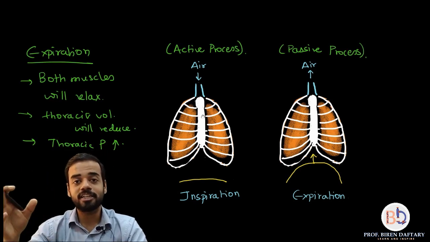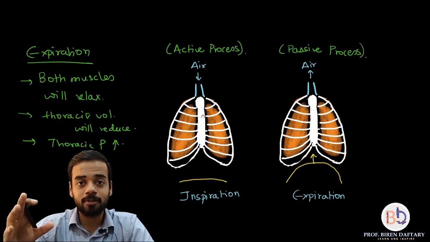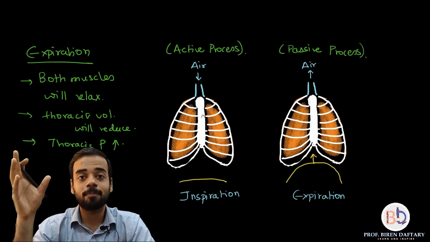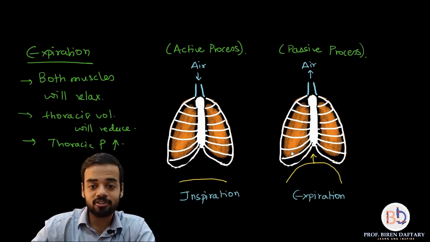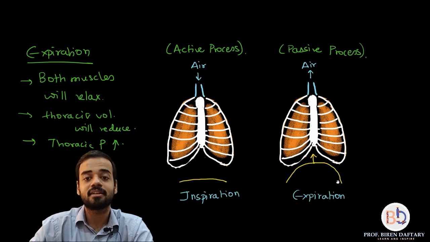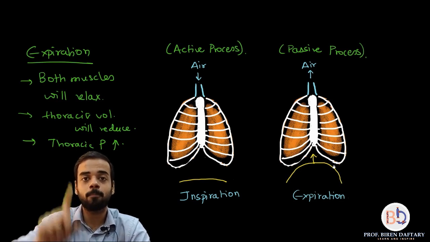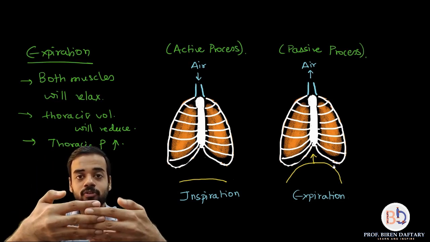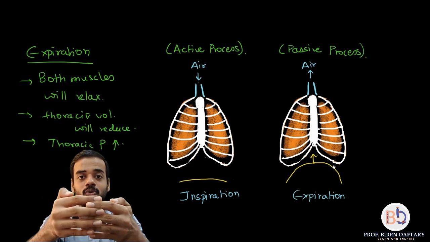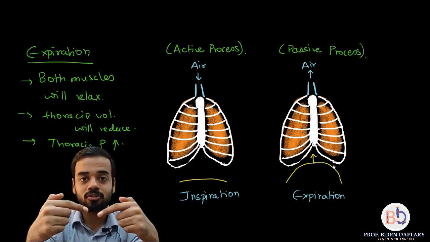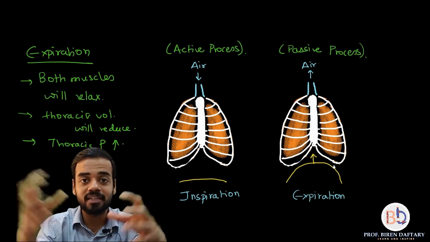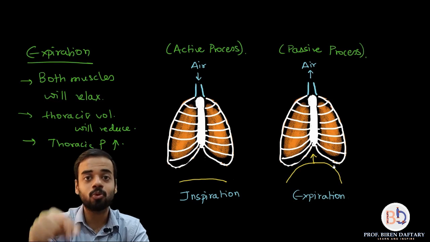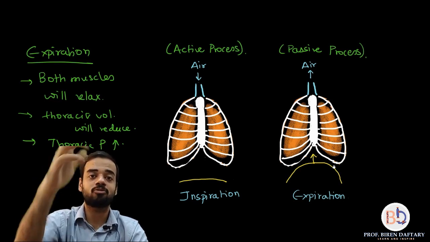Okay, coming to expiration, everything opposite is happening. Both the muscles will relax. It is a passive process. Inspiration is an active process. So in the passive process, both will relax, so your diaphragm will again increase in length and relax, so it will go up, so it will push from downward direction onto the lungs. Similarly, your intercostal muscles will also relax, so again this rib cage will go in. If it goes in, again it will put pressure on the lungs. Thoracic volume has decreased, so thoracic pressure increases, again gradient is created. Thoracic air pressure is more than environmental air pressure, air rushes outside the lungs.